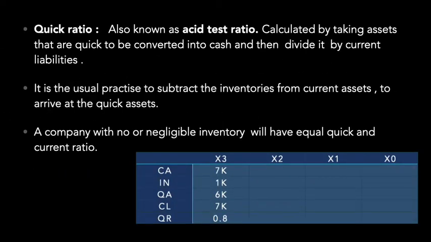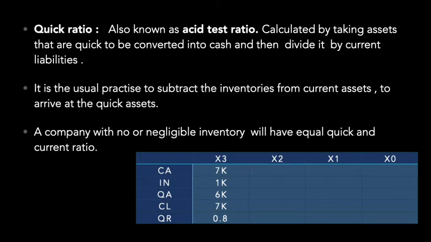Quick ratio is actually also the current assets by current liabilities, but here in current assets you remove the inventory part. A software company which does not have to deal with a lot of inventories will definitely have the current ratio equal to the quick ratio. But the companies which rely on inventories for their developed products and the sales numbers affected, they are highly vulnerable